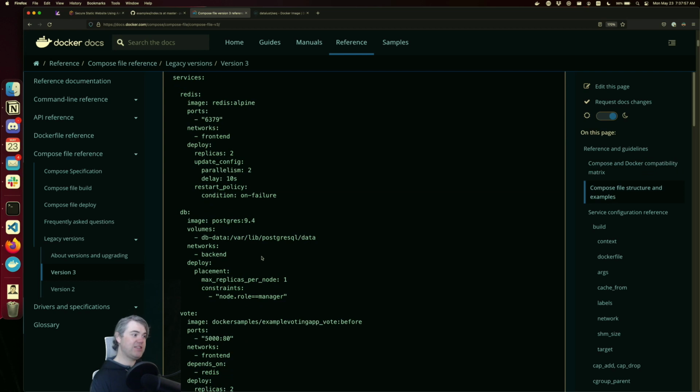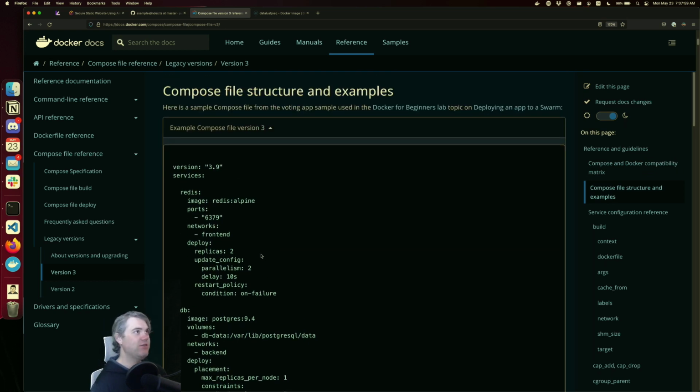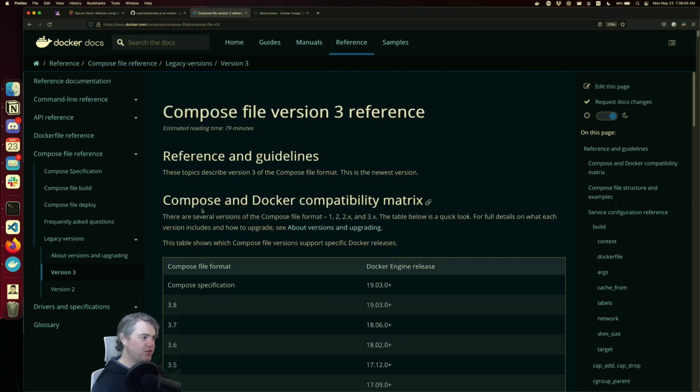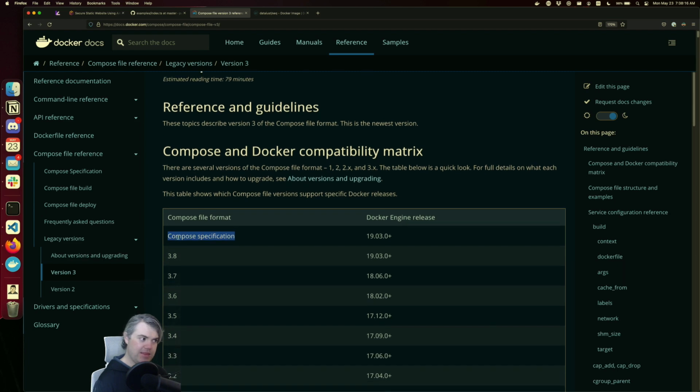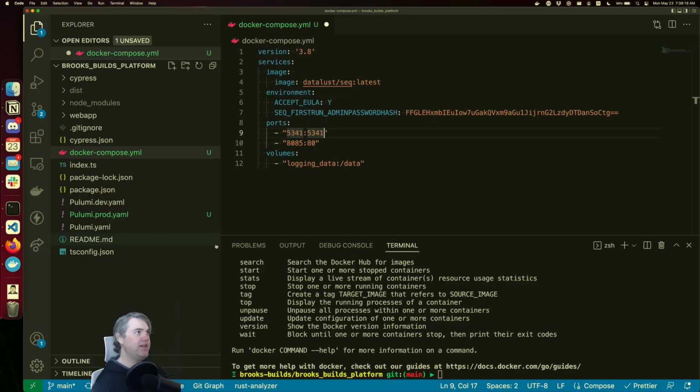Here's an example, right at the top. This is nice. Why don't they have this in the other one? They have version 3.9 here, and 3.9 isn't even available unless this is that. If this is 3.9,